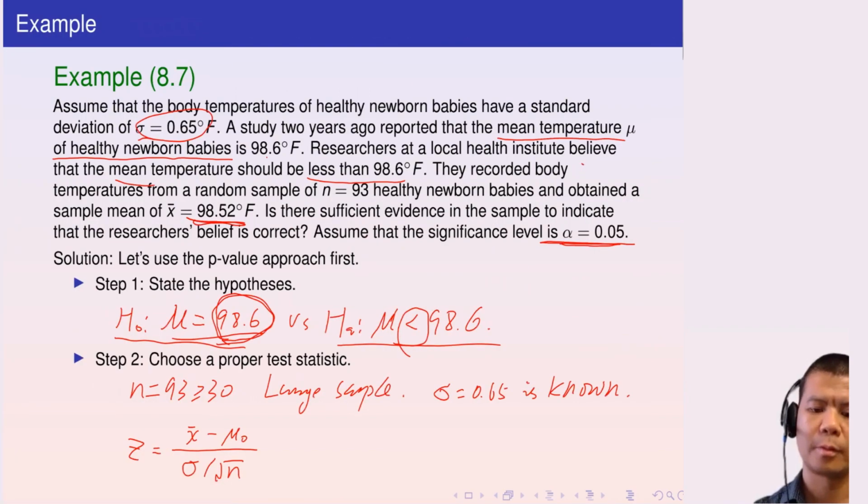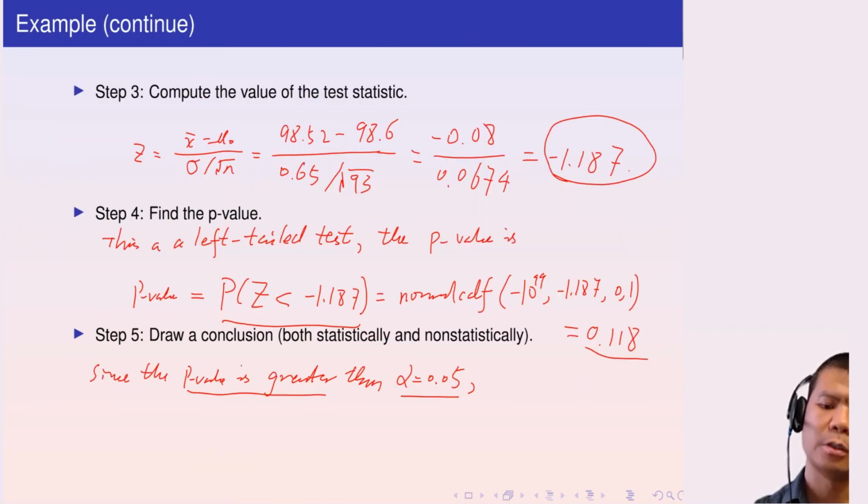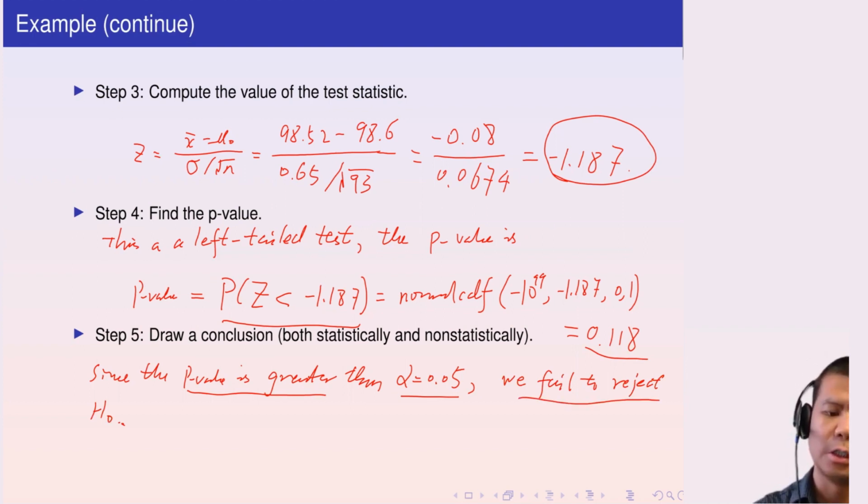So we fail to reject H0. This is the statistical conclusion, and we also give a non-statistical conclusion. So there is no sufficient